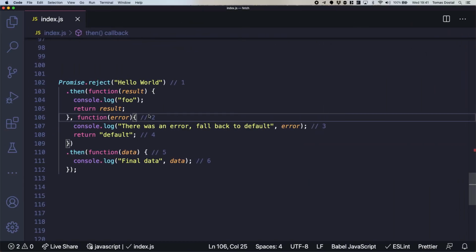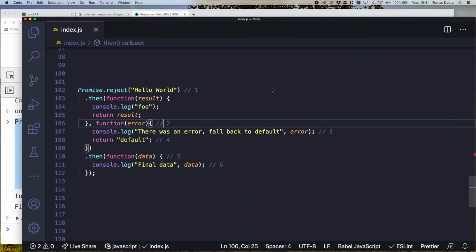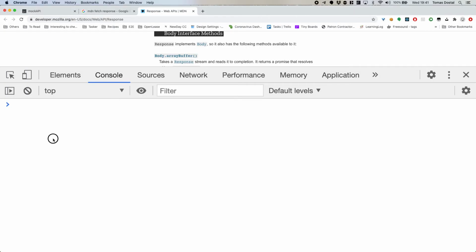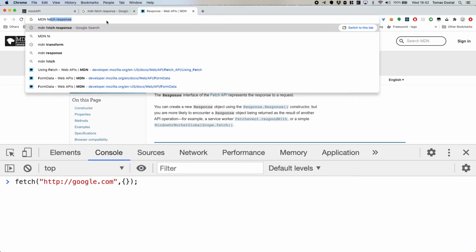I should have been talking to you today about fetching. Honestly, fetch, you are using it anyway, as Ricardo showed me. Basically, fetch is a function in a browser that you can use to get some data from the server, right? So from the backend. So you can do fetch. It has some kind of API where usually it's a URL, for example HTTP Google, something, and then it has an object with some kind of options. You can find all the documentation on MDN or anywhere else. So if you just do MDN fetch.